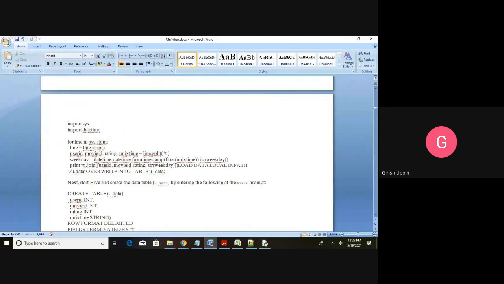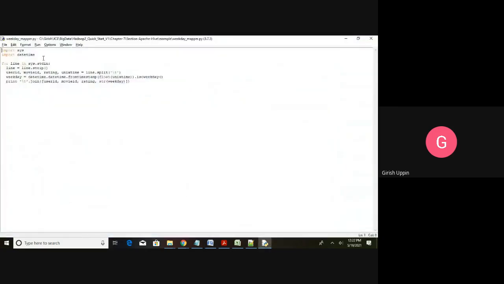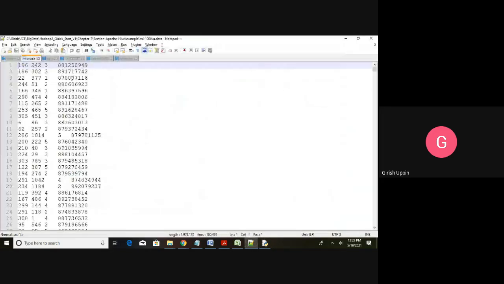You can see it in this code. It reads u.data, the user data, line equals line.strip. It strips all the white spaces on both sides. Then user ID, movie ID, rating, Unix time equals line.split, splitting using a tab. If you see this file, these fields are separated by tabs.